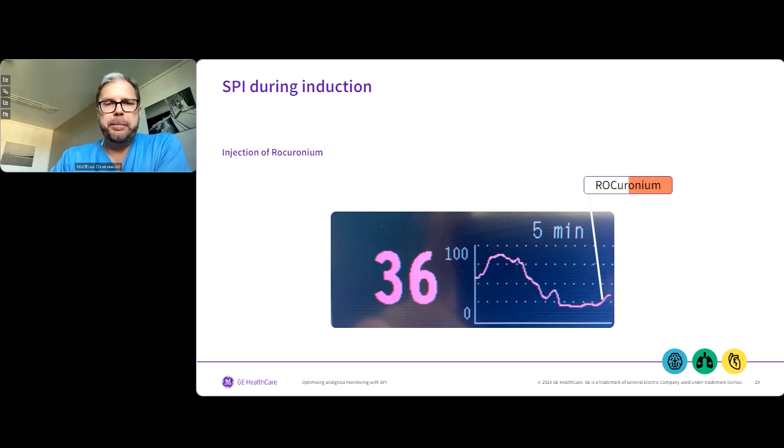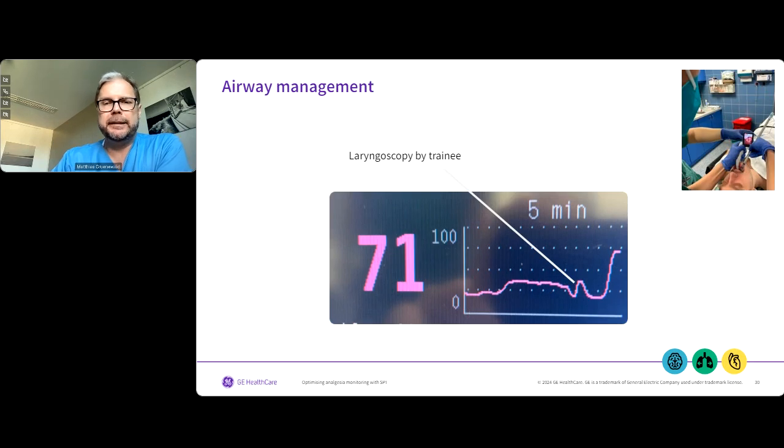Rocuronium is diluted into an acid-based solution, and sometimes it really puts a nociceptive input onto the venous system, and you can measure this. So if you see an increase in the SPI value due to your rocuronium induction, this is quite normal. And I told you before that you can also see the optimum of the